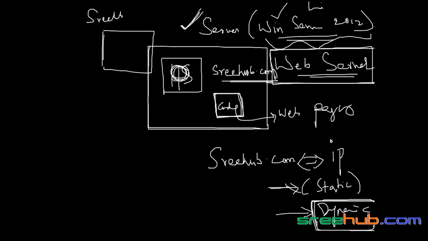Your IP may change, which is your dynamic IP. And for dynamic IP you don't have to invest anything. But for static IP you have to buy it. If you want your IP to be the same for your machine, then you have to buy a static IP,